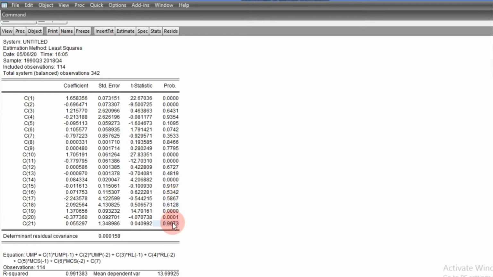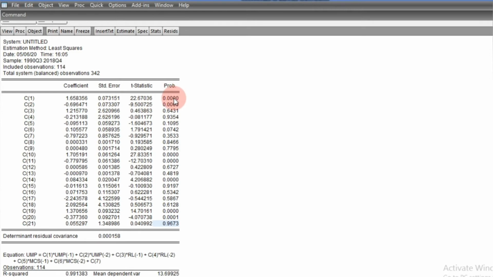So we have a total of 21 coefficients, and what we can see here now is that only 9 of them are statistically significant.